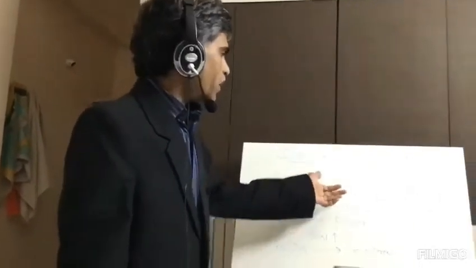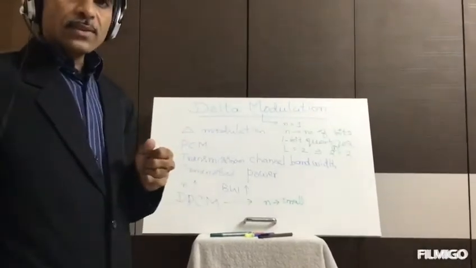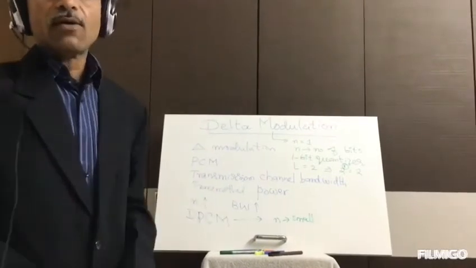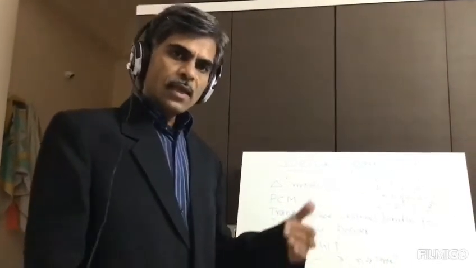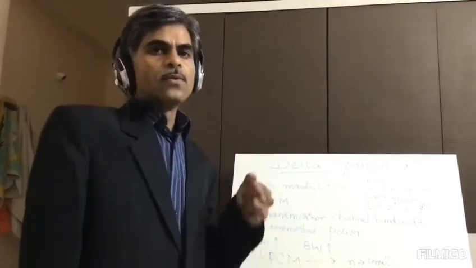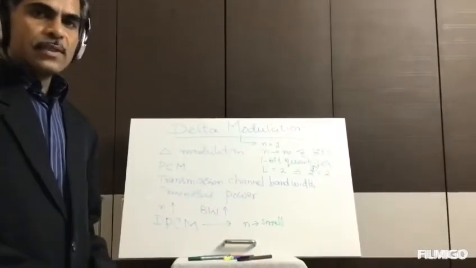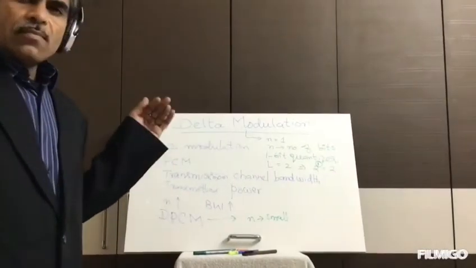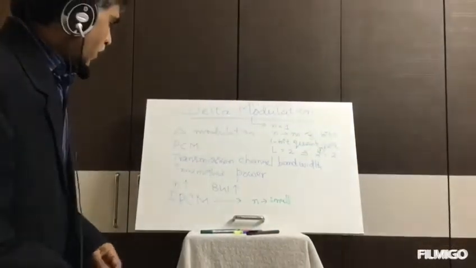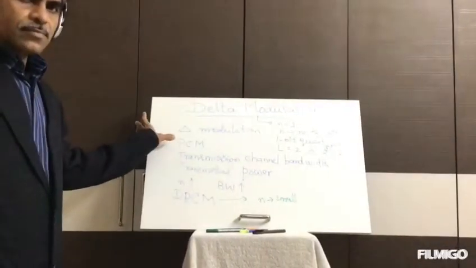The reason is simple, because there are only 2 quantization levels and 1 bit at a time will be encoded. Therefore, there is no necessity of implementing the error detection and correction techniques in delta modulation, and adaptive delta modulation, whose superset is going to be, also does not require the error detection and correction techniques. These are some merits of DM as well as adaptive delta modulation compared to PCM.